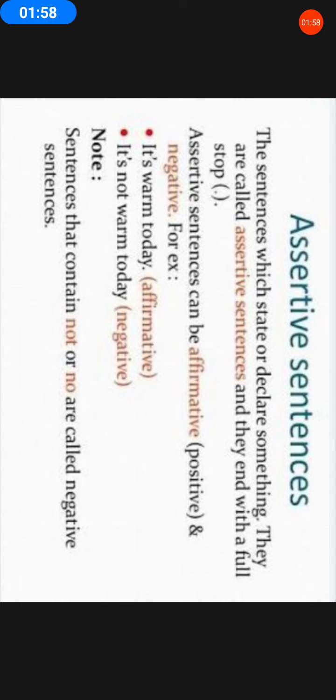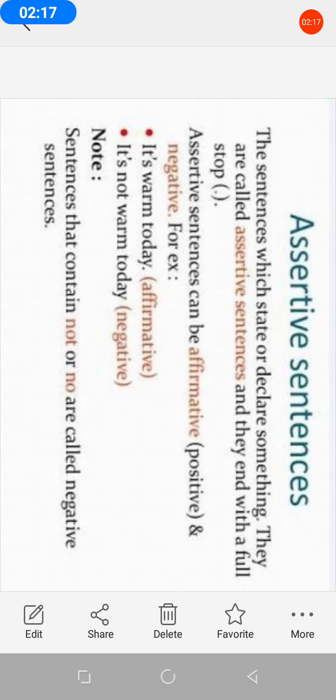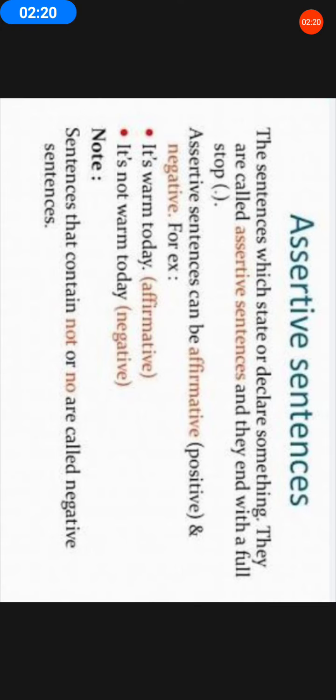I'll give you some more examples. The earth moves round the sun is one more example of an assertive sentence. Cow is a domestic animal. This is also an assertive sentence. Now look at the note provided here. Sentences that contain not or no are called negative sentences. This is all about assertive sentences. Now let us deal with the next kind, that is